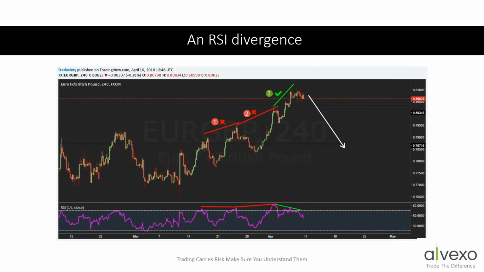So as I explained to you, it's very easy to see past divergences, but it really comes down to seeing them at the wall and being able to use them in your trading.